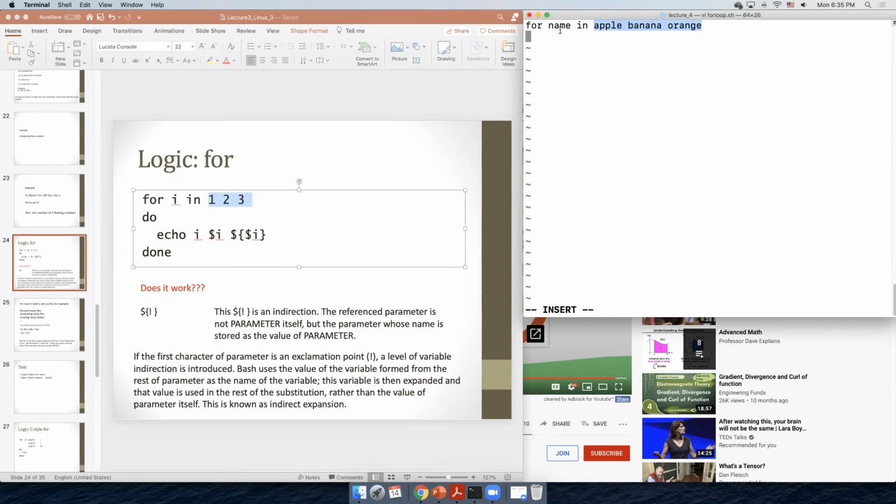In the first loop, in the first execution, the value of the variable name is apple. The second time, the value of name becomes banana. The third time, the value of name becomes orange. Okay, for, in, do, done. So that's the format of using the for loop in a list. If you want to do something, then you can run some commands